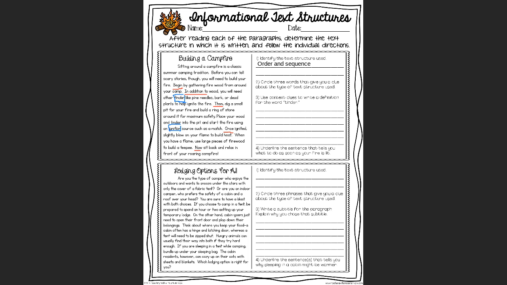So my sentence here, I could say the word tinder means other, let's do this, other materials to help build a fire. So this tells me, when I was reading it, even though I didn't understand what tinder was, I was able to go back into the article to use my context clues and prior knowledge of maybe what pine needles are and bark and dead plants, and maybe what the word ignite means. So that is my example